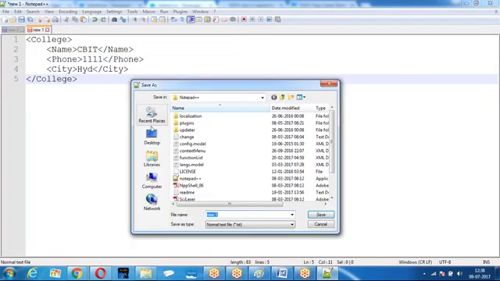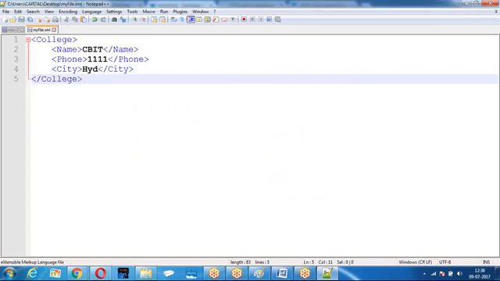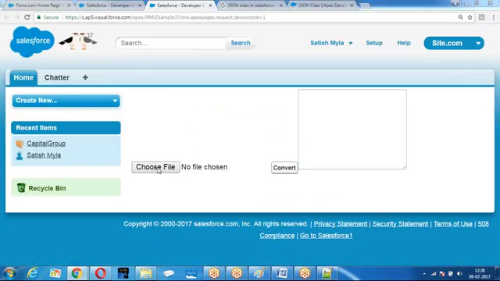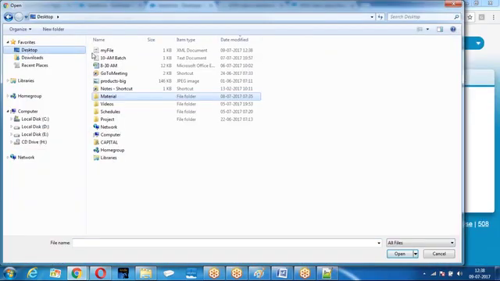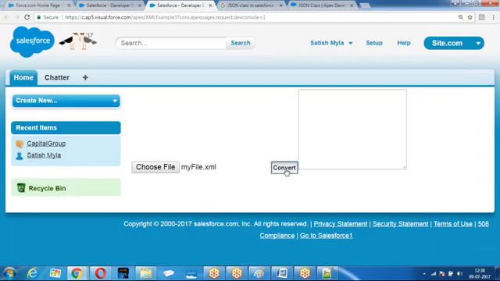Yes. So we have created this file. Go back, choose the file, the XML file that I have given, I uploaded the file, click on convert. Right, boss? So whatever file we uploaded is parsed. We are parsing the data of the XML.